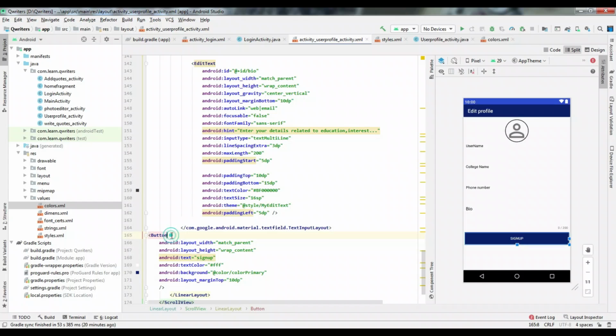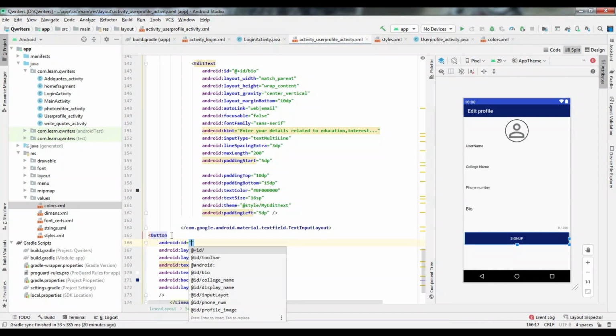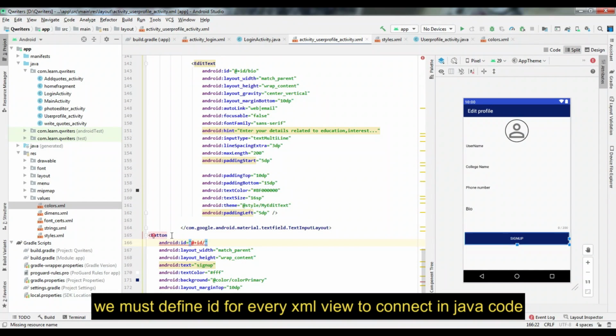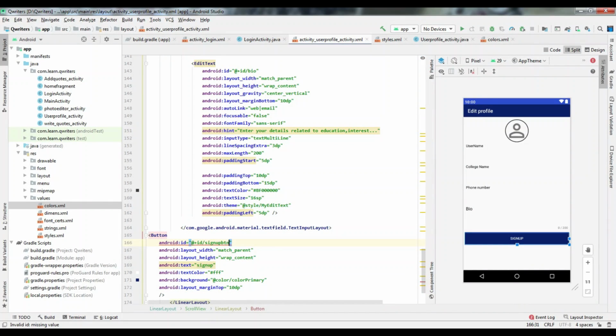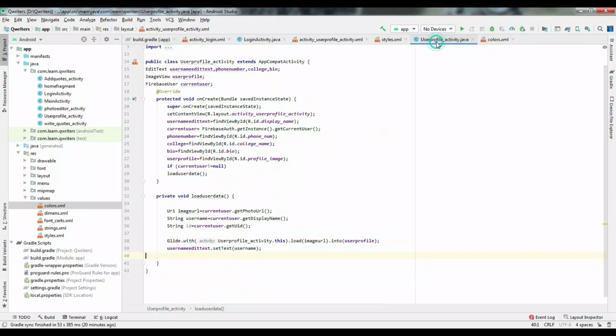Define an ID for the button, so sign up button, and now we'll access that in user profile.